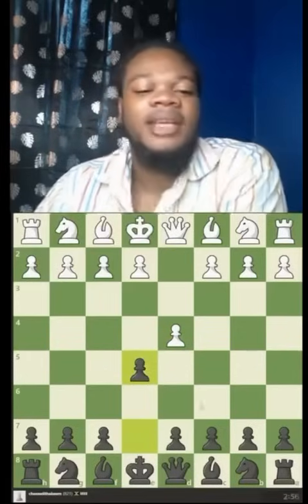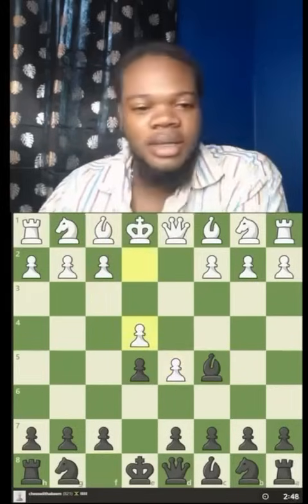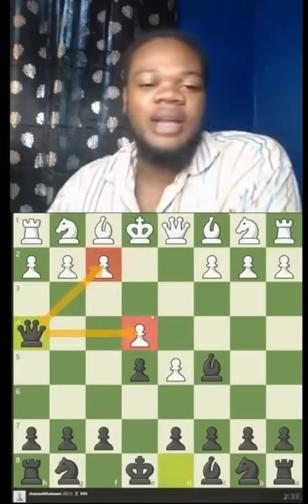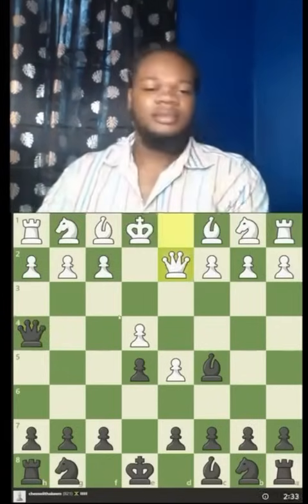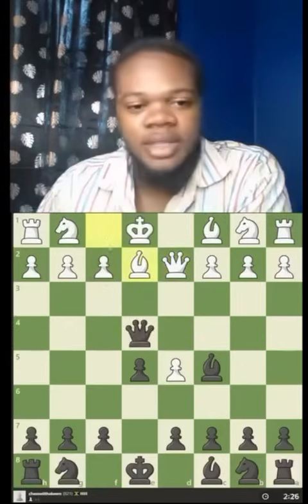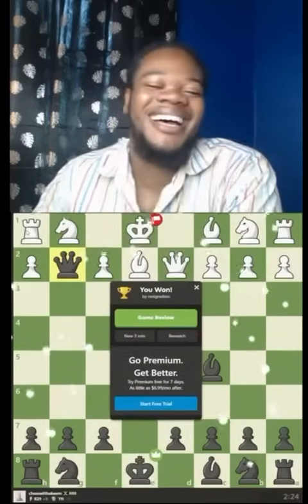Let's go with the Englund Gambit here. He declined the gambit, but let's develop the bishop pointing towards this weak pawn. He moves his pawn forward. I'm going to break principles, develop my queen early, hitting f2 and e4. It's okay to break principles sometimes. He only defended the f2 pawn, which means the e4 pawn is hanging. He blocks with the bishop, which means the g2 pawn is hanging. Now I'm hitting the...